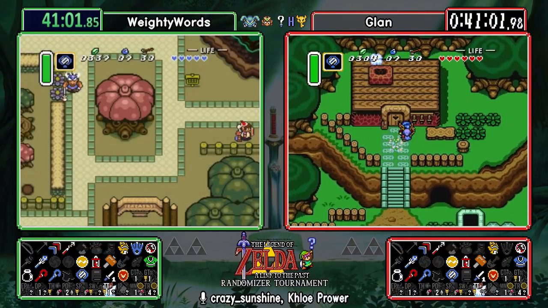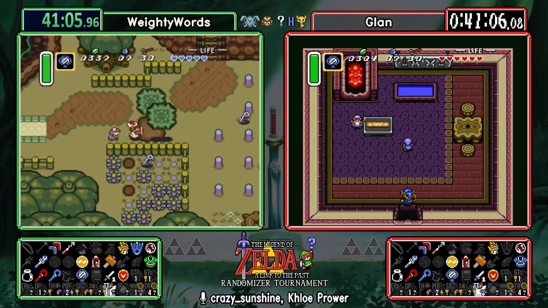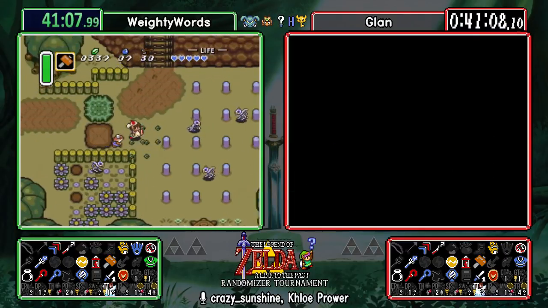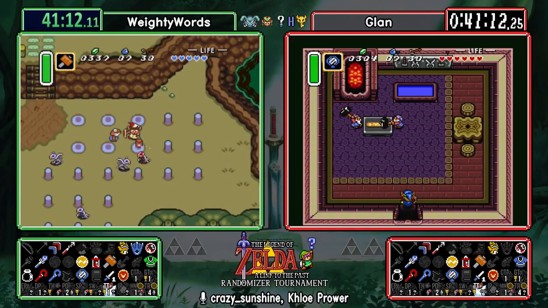And Turtle Rock is a crystal. Still missing that big key and the fire rod to clear it. Plus we need to know the medallion for it, so...